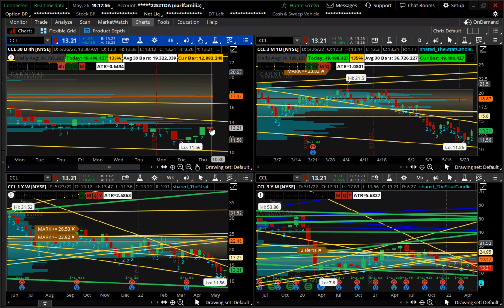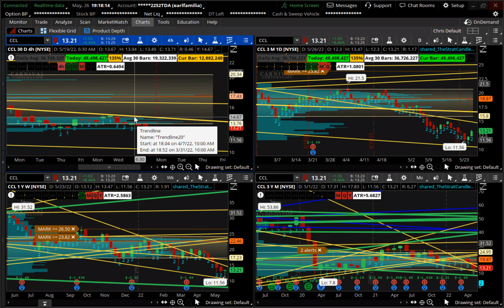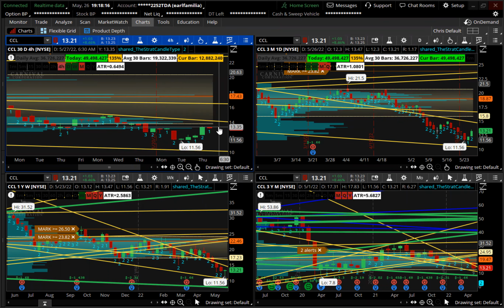212 above 1338 on CCL. This one, NCLH, probably has a little more room, but it's just got some turbulence. It just might have some stuff in the way on that one. That BF sitting up there, the BF is at what, $14?